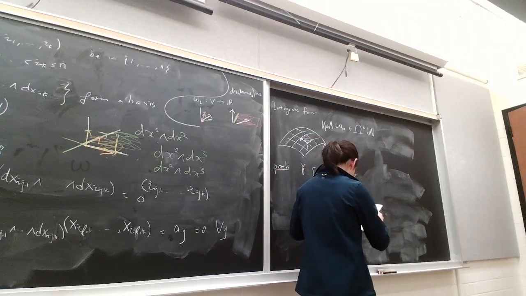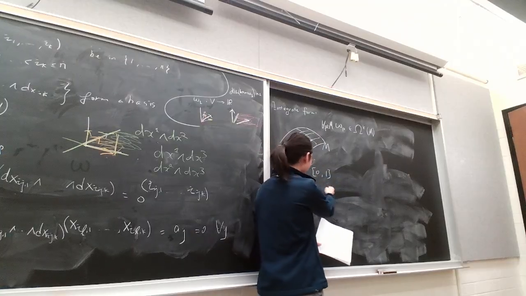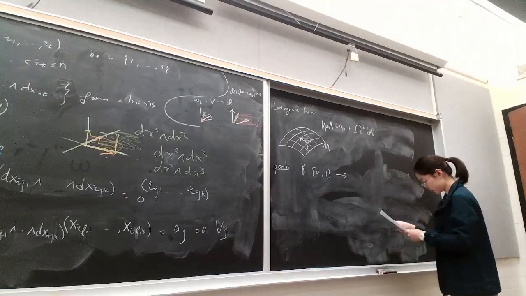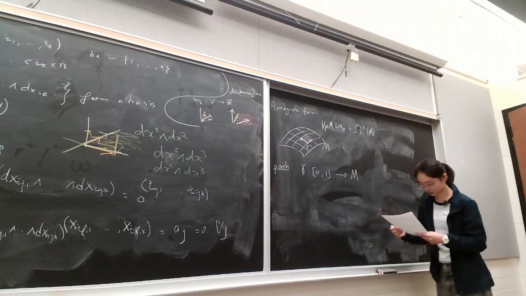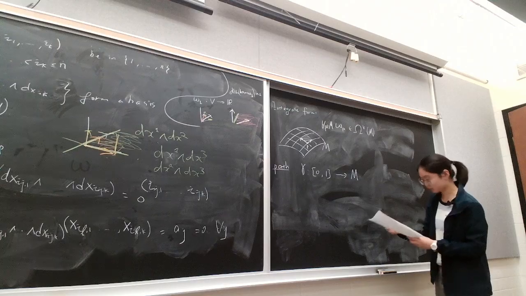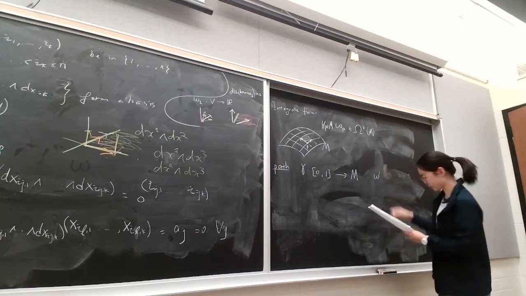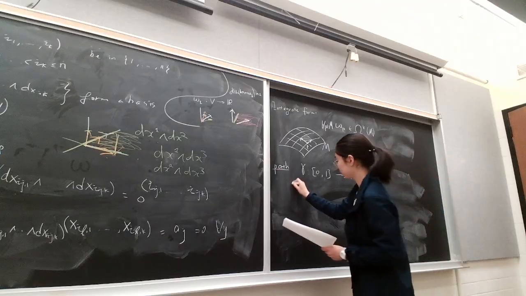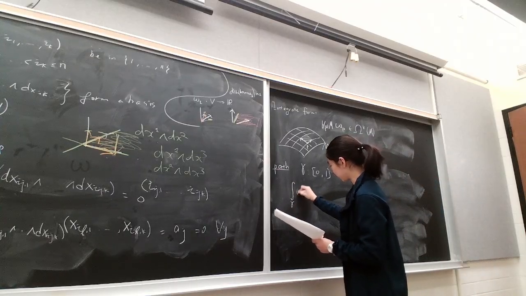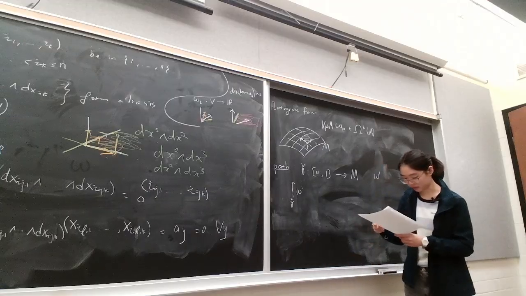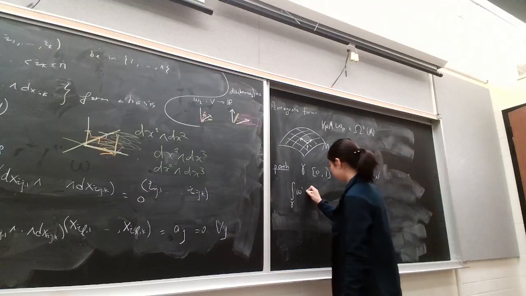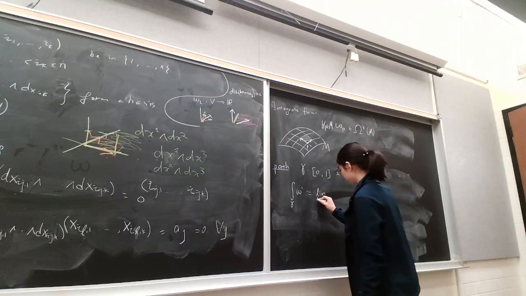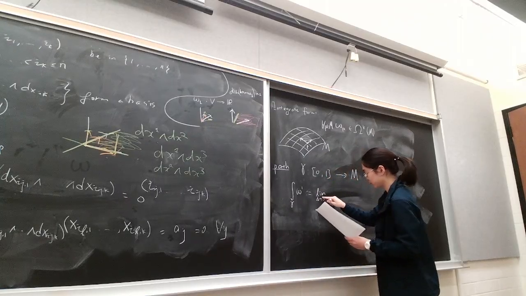Don't worry. Suppose we have a path gamma that takes in a number from 0 to 1 to our manifold. And let's say we have omega 1, a 1-form, and we want to define the integral over this path of this 1-form. And we define it to be the limit as delta goes to 0 of